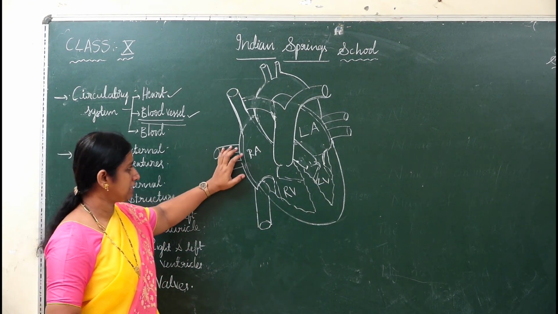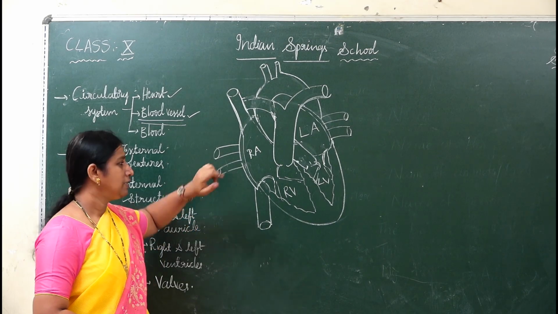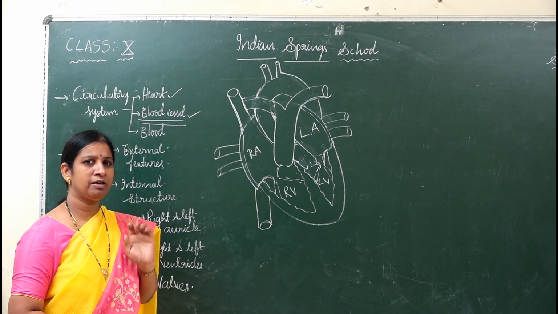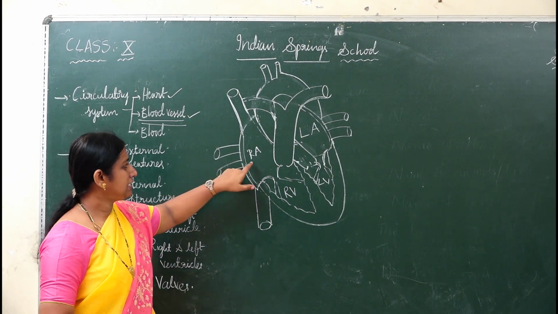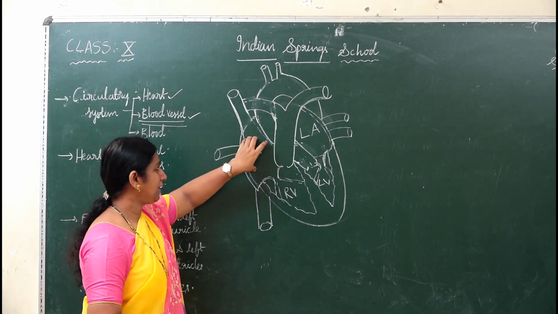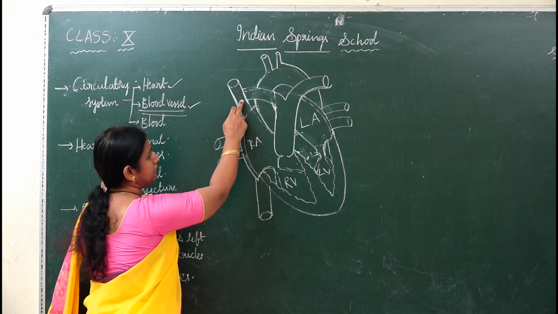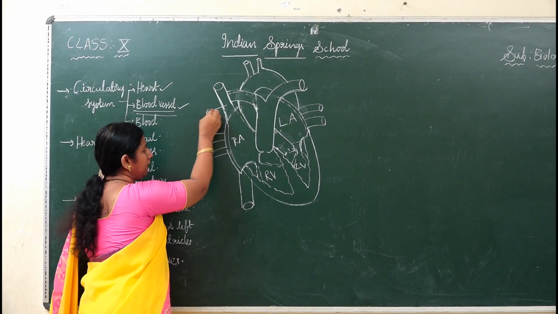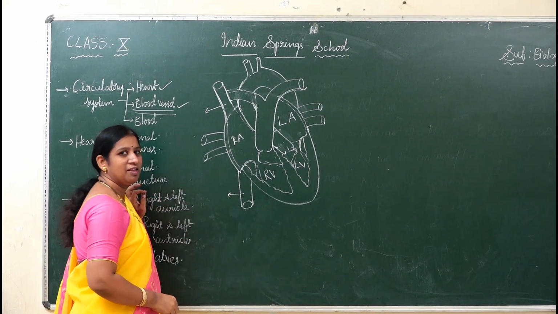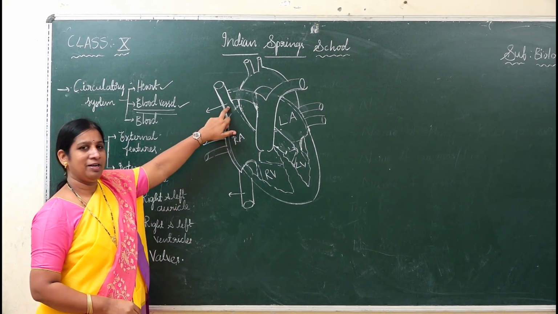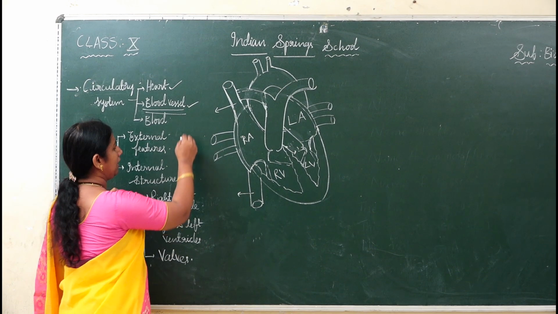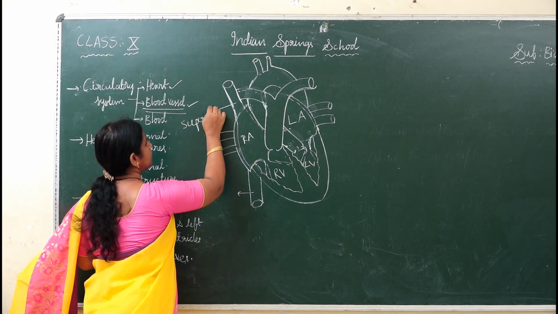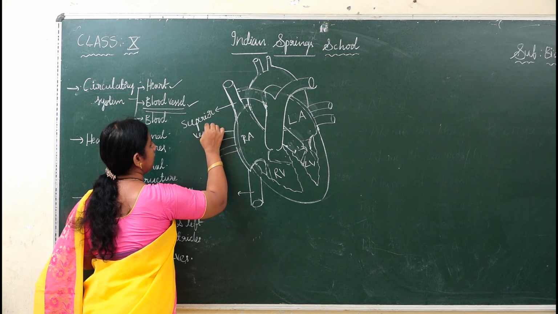When we discuss how the blood flows inside, let me discuss chamber-wise, then you will have a clear understanding. Let us see the right auricle first. In the right auricle, the blood enters with the help of 2 blood vessels, children. One is on the top, one is on the bottom. The top blood vessel is called the superior vena cava.